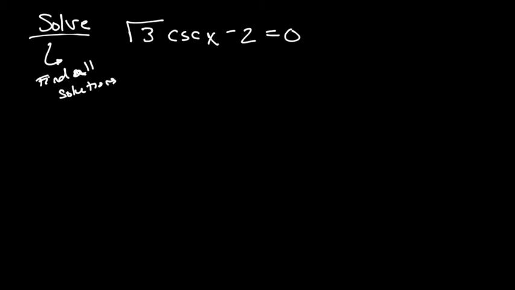So what does that mean I'm really looking for? Because that's important. We need to understand what we're looking for. When it says solve or find all the solutions, what are we trying to find? The values of x that would make this true. We're trying to find the values of x that make this true. Okay? All right, so when I look at it,